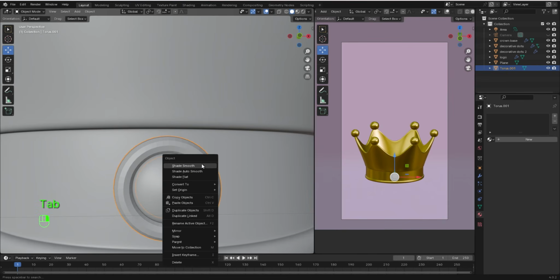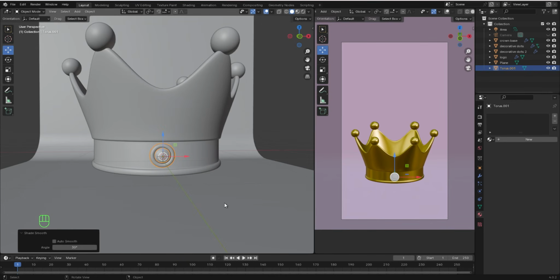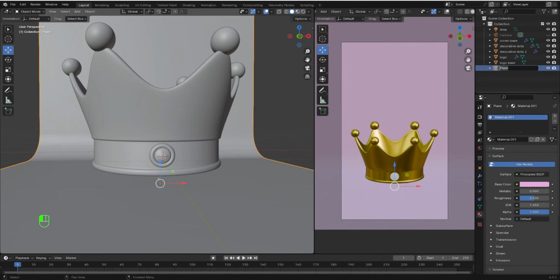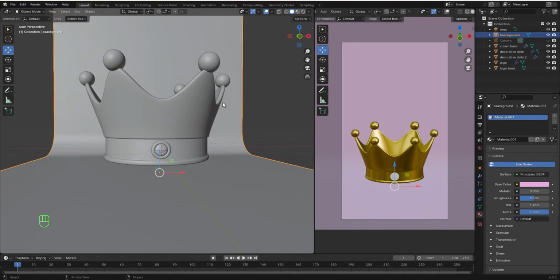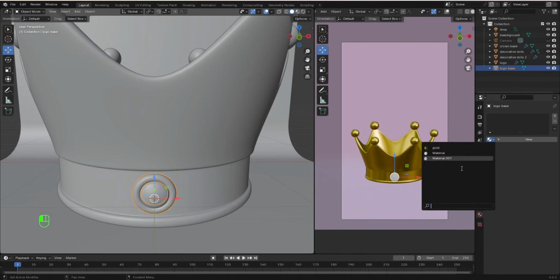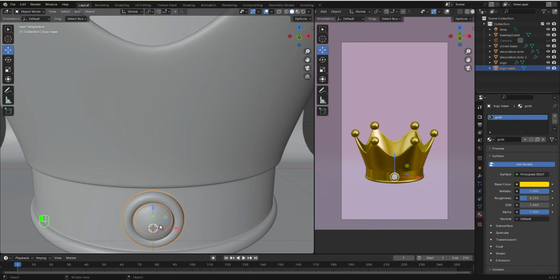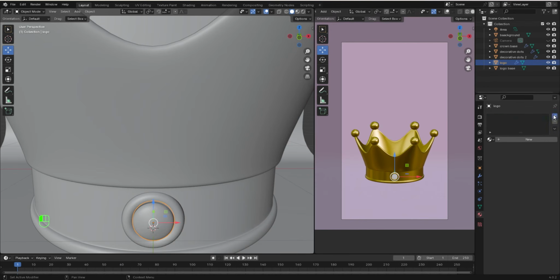Let's shade this smooth. Then let's name this on our outliner. We can name it logo base or crown logo base, anything you feel like naming it. Let's select our plane and let's name it background. Then let's apply the same gold material to our logo base and let's select our logo and let's add a